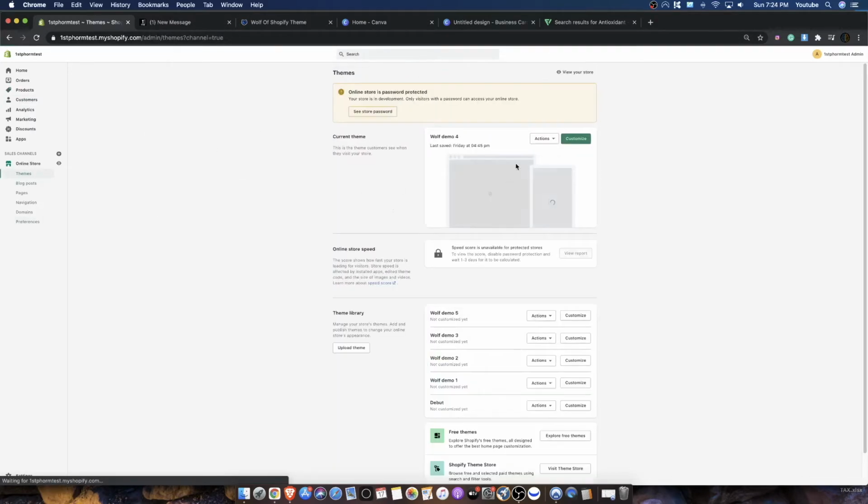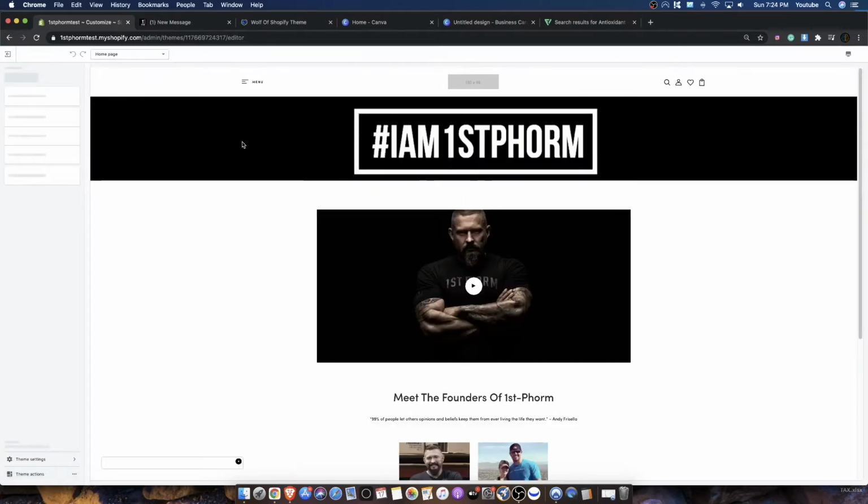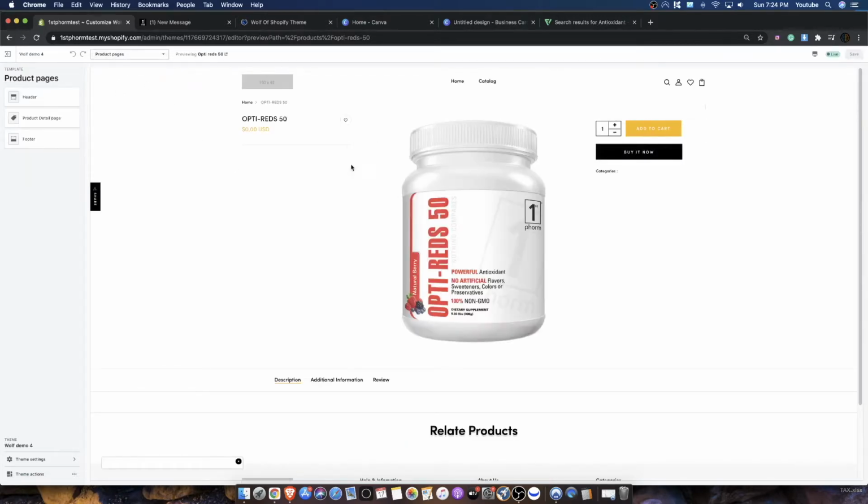You can see here we're actually bouncing back between different pages, and that's pretty normal, and that's going to happen frequently throughout the series. So let's click on the product pages button here, and you can see immediately things have changed. We have the image of the product, we have an add to cart button, we have a buy now button,